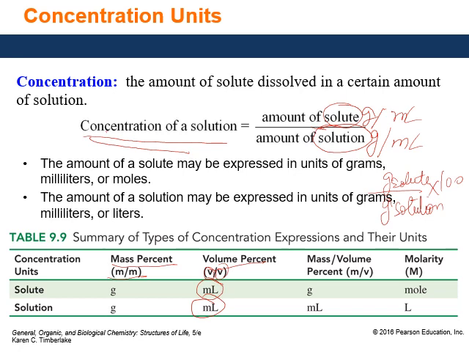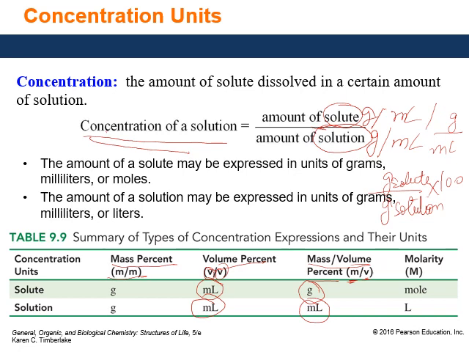The other form of unit could be that my solute, let's say I measured it in grams, but my solution was measured in mL. So in this case, this is mass, this is volume. Therefore this particular unit of concentration is usually referred to as mass over volume percent. It can be abbreviated as m over v. Here, whenever we express something in mass over volume percent, we usually say it is grams of solute in a certain